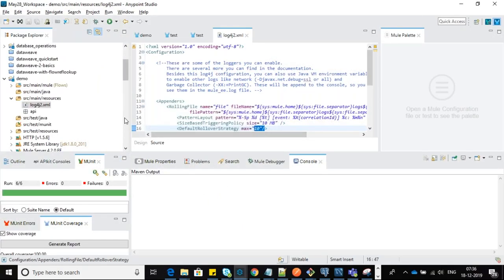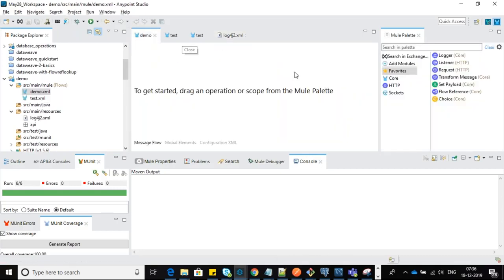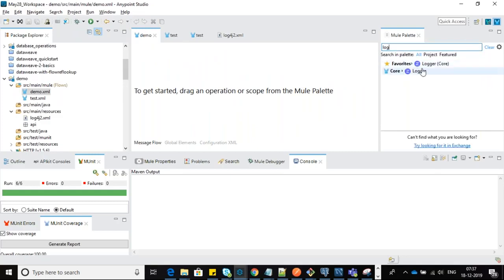So when you're talking about the logging specification, the Log4j mechanism is embedded by default in Anypoint Studio. You don't need to worry about Log4j. Wherever required, you just use the Logger component. You can see the Logger component in the palette, and you just drag and drop it. Whatever information you want to log, you can log it. But the recommendation is, don't log the payloads, because the logging mechanism works in an asynchronous manner. Don't display the whole payload. So that's the logging mechanism.